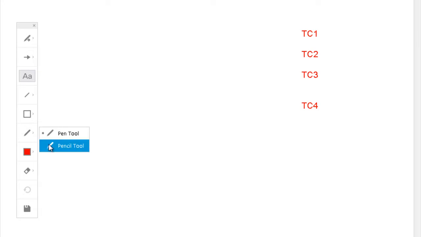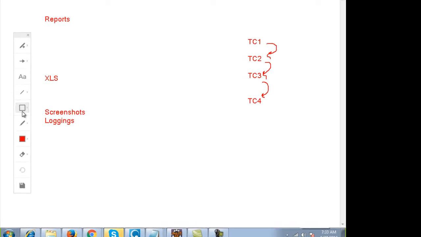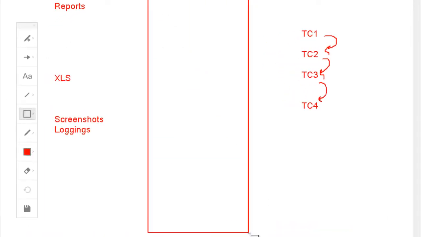You have to execute these test cases in a particular order, one after another. You have to generate proper reports. You have to read the data from the Excel file. Then you have to take the screenshots of the errors, and you have to do the logging and everything. So to do all these things, we have a centralized framework like TestNG.